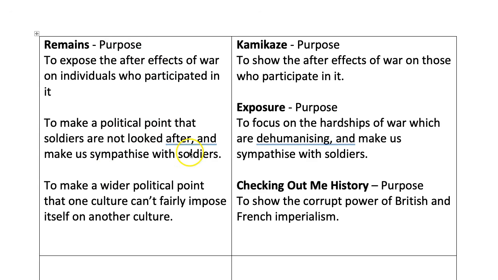I'll give you the main poem on the left and then some other poems it compares to, and I'll explain why these comparisons work. Now the great news is if you can understand these comparisons, you're on for a grade 7. It's as simple as that. You will have to write well. You'll have to be able to use the Foss way in order to write about form and structure, and up here I'll put a link to the Foss way. The other thing I'll try to do, because we've got 15 poems, is timestamp them in the description underneath so that you can go for individual poems.